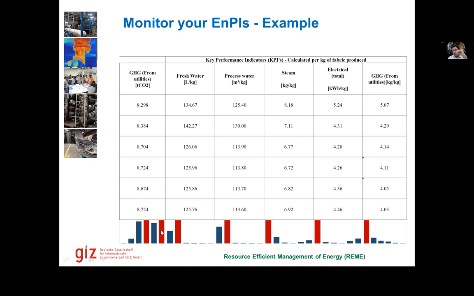We also saw an example recently where the factory showed improvement in all these areas, but their absolute GHG emissions had increased, even though the production volume did not increase drastically. So then we investigated and found that they had changed their fuel mix. Earlier they were using natural gas for burning, and now they shifted to coal. Because of that, their emissions increased, and obviously in that case their emission indicator of kg per kg also increased.